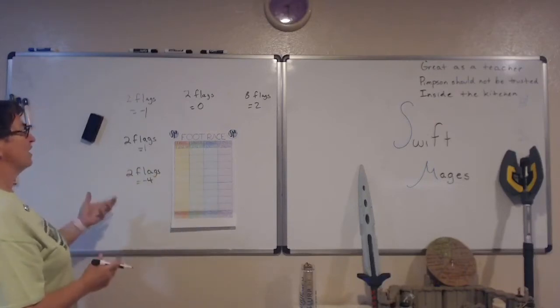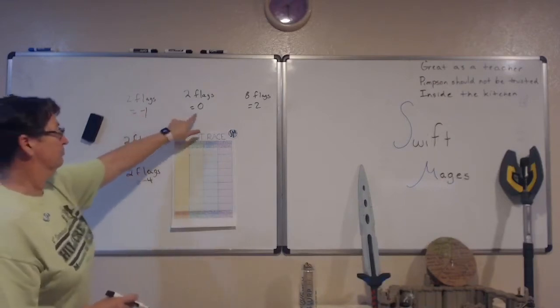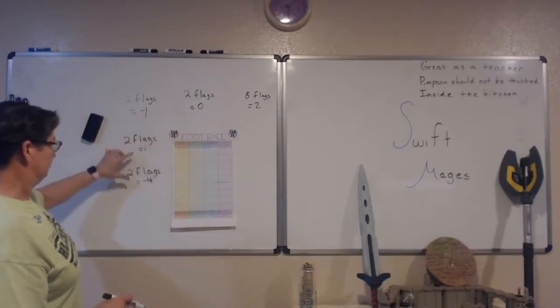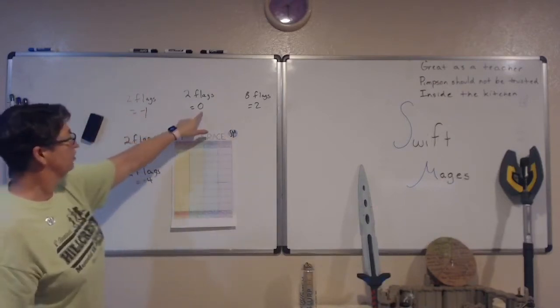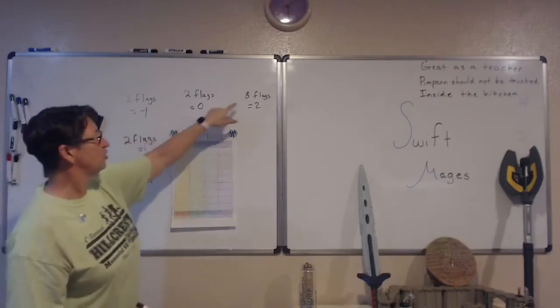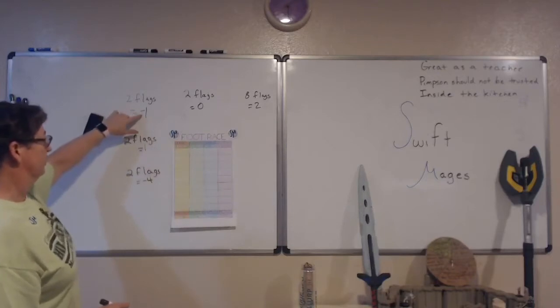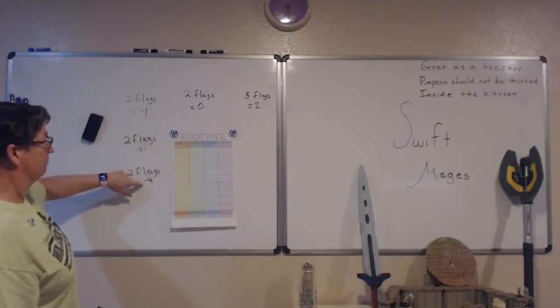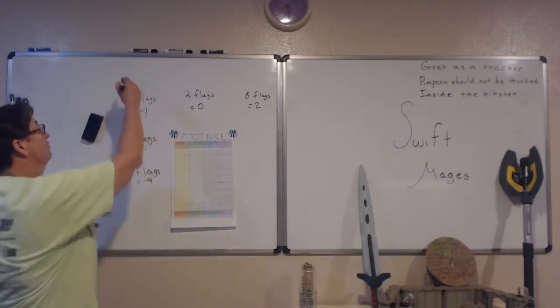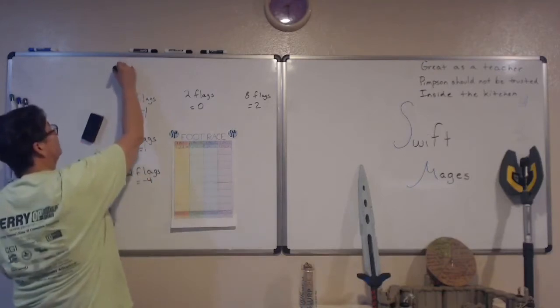So the first thing we have to do is figure out the different outcomes. And notice that my outcomes, I've got some where I'm moving forward. So 1, 0, 2 are my moving forward. And I have some where I'm moving backwards, a -1 and a -4. So I'm going to put those outcomes as my